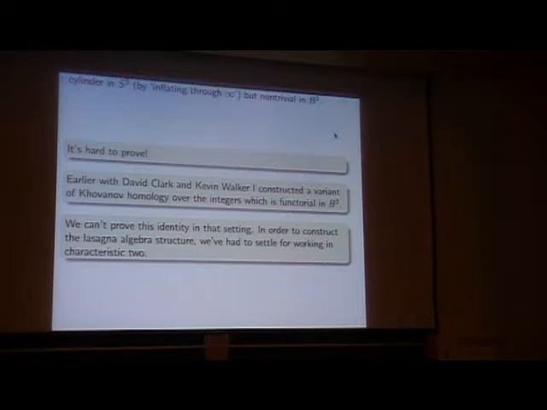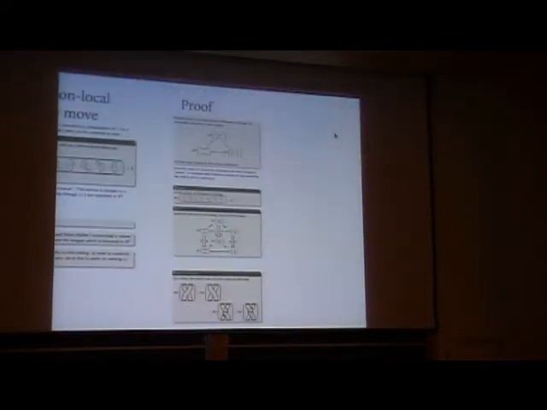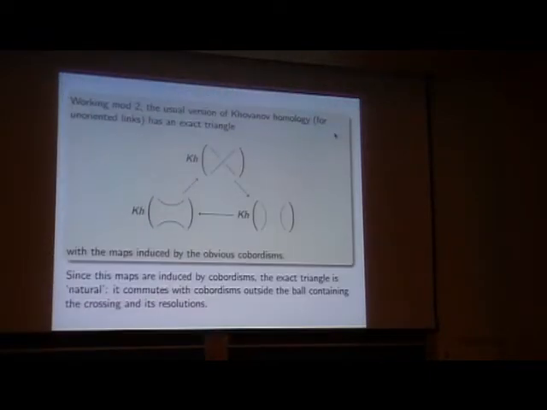And what we've decided to settle for more recently is a proof in characteristic 2. So Khovanov homology, remember, gives you vector spaces for links. Now they're vector spaces over the field with 2 elements. And so I'll explain now the proof of this fact about Khovanov homology if you're willing to settle for working mod 2. So the nice thing that happens mod 2 is that there's an exact triangle for Khovanov homology, and the